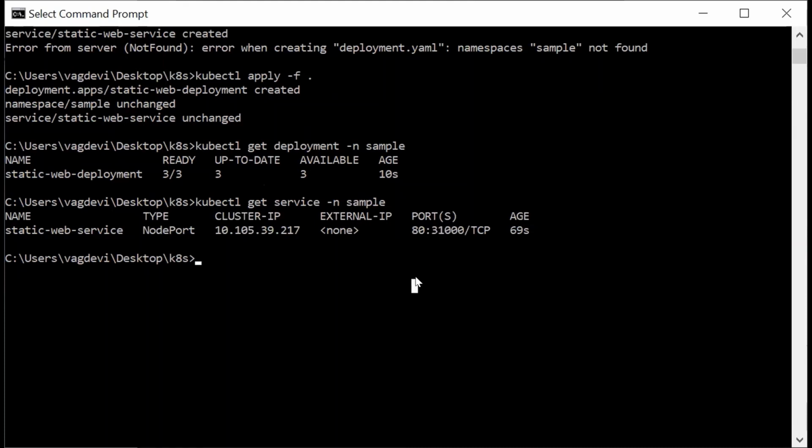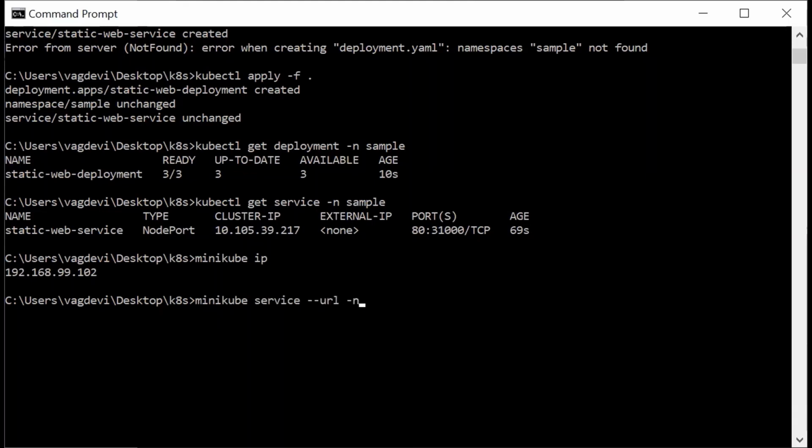Let us get the URL of the service, which is nothing but the Minikube IP colon this node port. If you remember, we have discussed this previously. Let us get the Minikube IP just to cross-check. So this is the Minikube IP, and then minikube service --url -n sample.